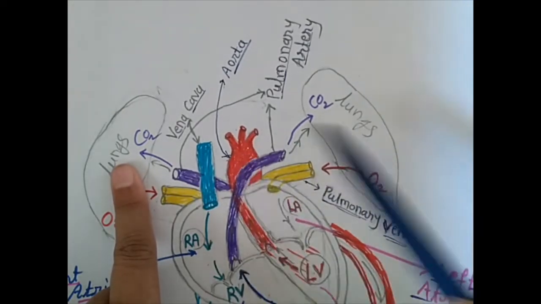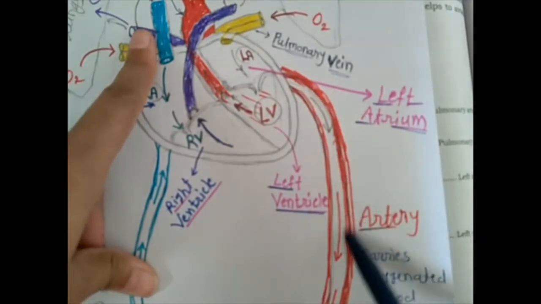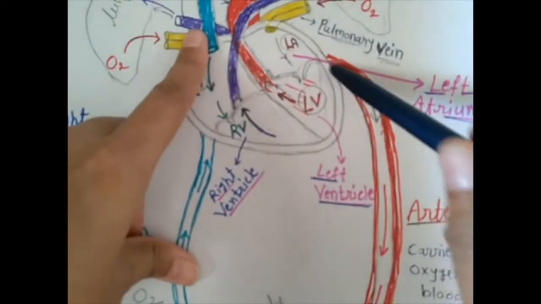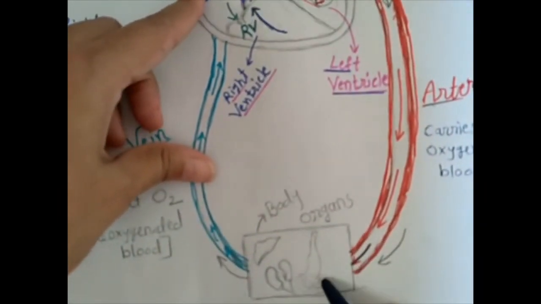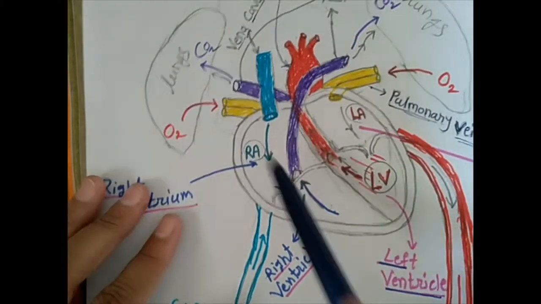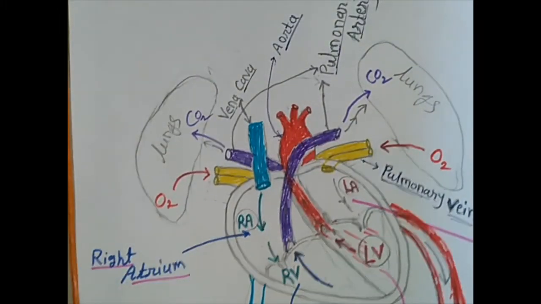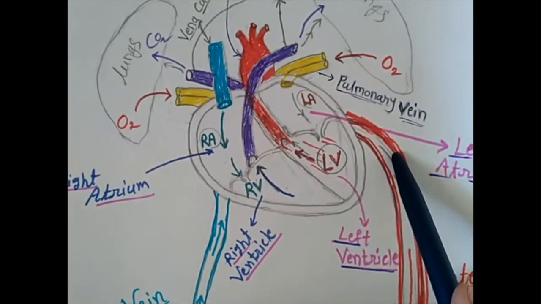So through that aorta the blood gets circulated towards the body organs again, and now we are having the oxygenated blood. In this manner, our body organs get oxygen from the heart. So, from this process, you can understand our circulatory system is a double circulatory system because it is performed by the vein and by the artery.